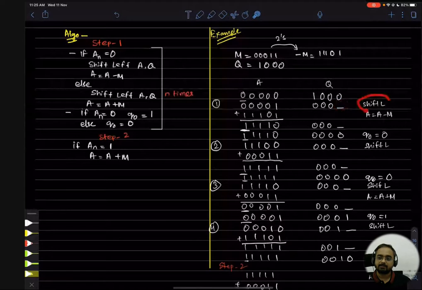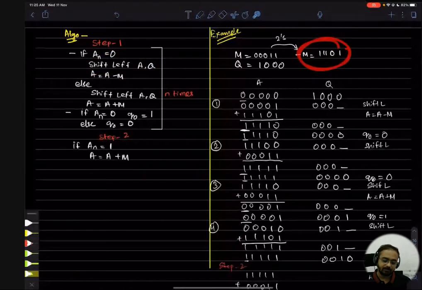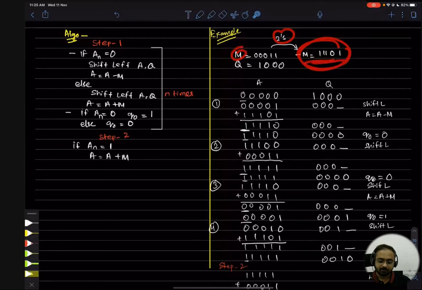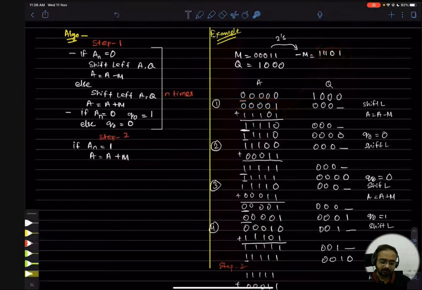So the first operation is shift left. When we do the shift left operation, all bits are shifted towards the left side, like we did in the previous class, and this bit will be unknown. We will see what we do with that bit. After the shifting operation, the next instruction is A is equal to A minus M. What is minus M? We have already calculated the 2's complement of M, that is your minus M. So we have to do A minus M. A is this one, minus M is this one, so add both of them. What is the result? 1 1 1 1 1 and 0.